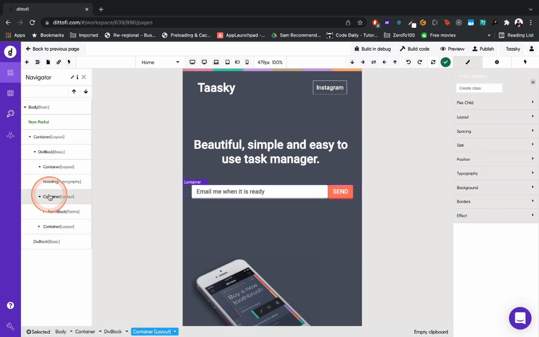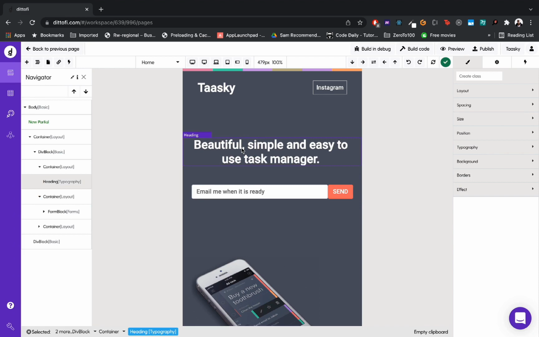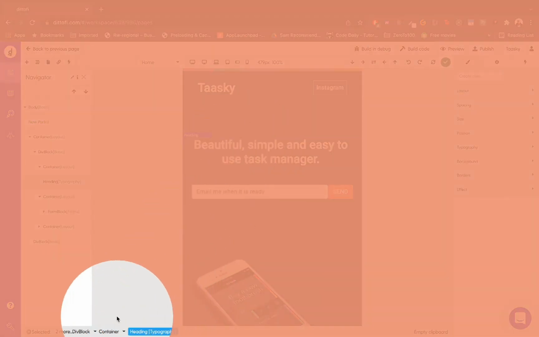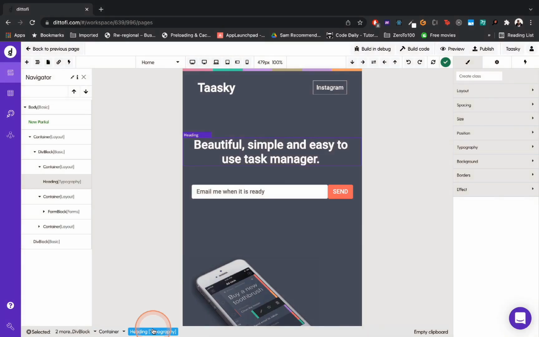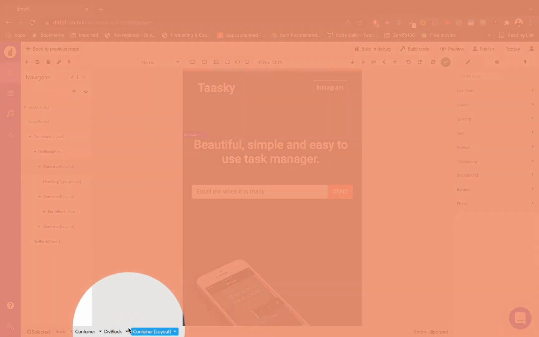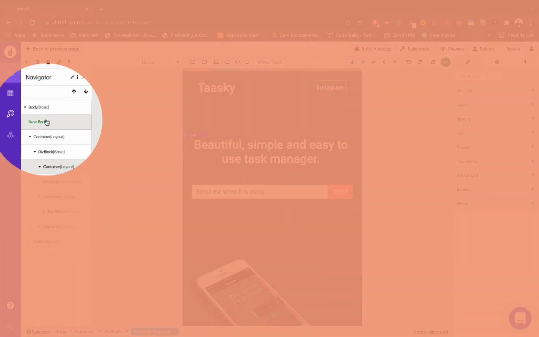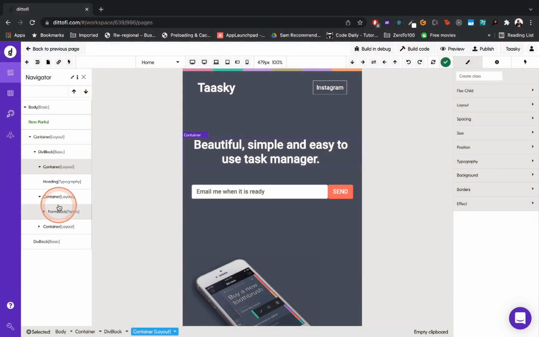This is the navigator. Say for instance, I click on one of these components. This is a hidden component, and I want to pull your eyes to what's here at the bottom. What's here at the bottom is a breadcrumb that shows you where that component that's selected is, its parent, and its parents. So I can go back, and now I got the container selected, and you can also see that when I select something here, it correlates with what's selected here. So you could select either way, either using the breadcrumbs or using the navigator here to select any component that you want, change it, edit it, and style it, and so on and so forth.